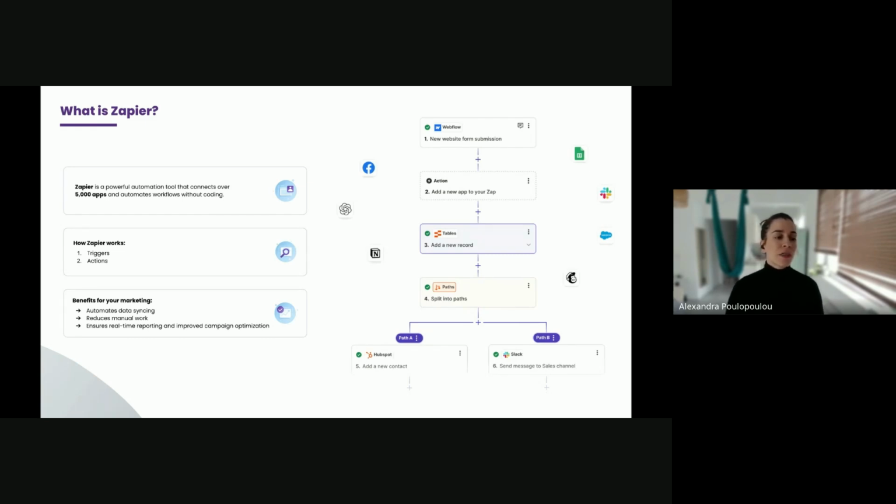Because they automate data syncing and, of course, they reduce manual work. And most of the time, they reduce development work. So if you don't have the resources or you don't have developers, then these tools can help you automate the process, have real-time reporting, and of course, improve your campaign optimization.